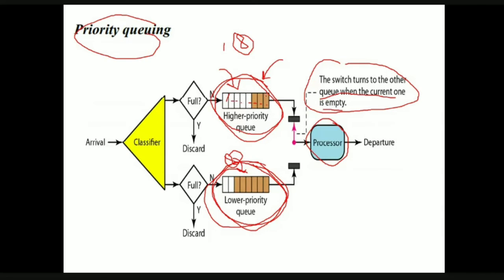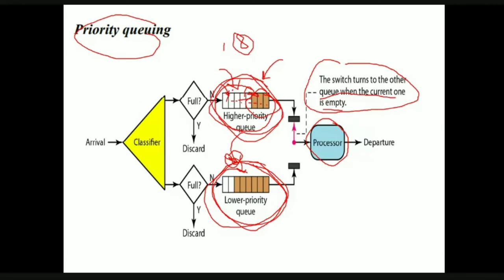The system starts serving the higher priority queue only. Let us assume that when it completes the first 3 packets, it gets 3 new packets, so the remaining packets shift forward and the new 3 packets come in. As the router has to complete all the packets in this queue before it can go to the lower priority queue,